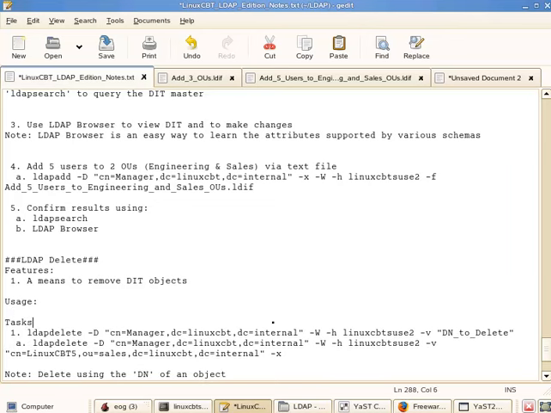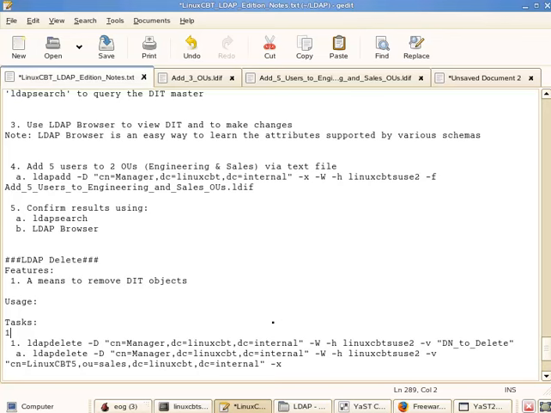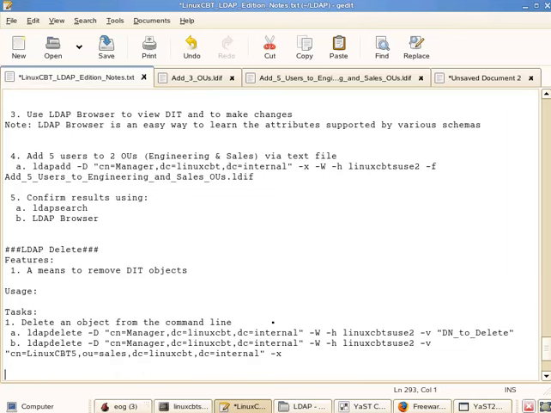So our initial task was to delete an object from the command line, and we did so. But obviously you'll want to be able to delete wholesale, not necessarily one at a time. It's good to know how to do it one at a time, but what about wholesale? So the next task: delete objects wholesale